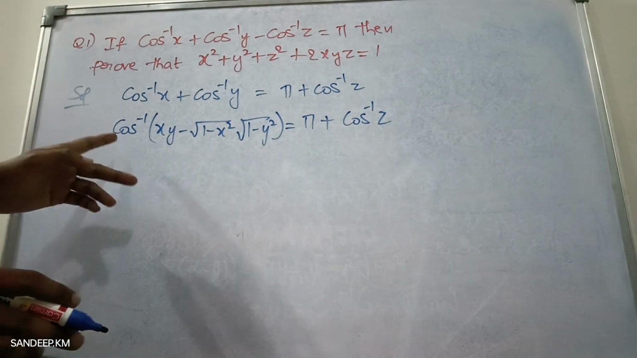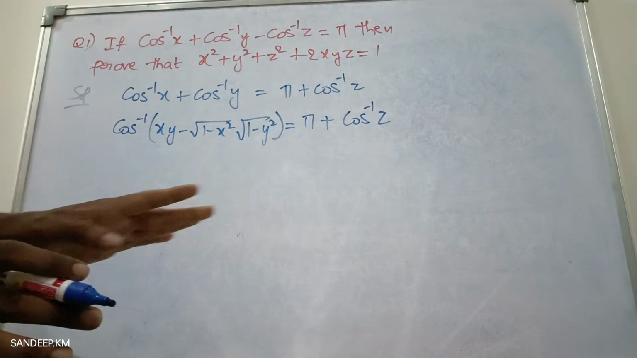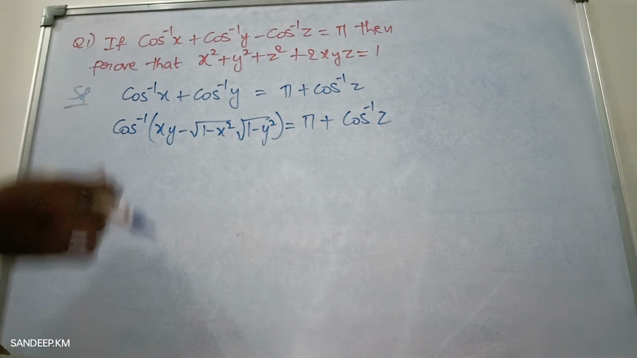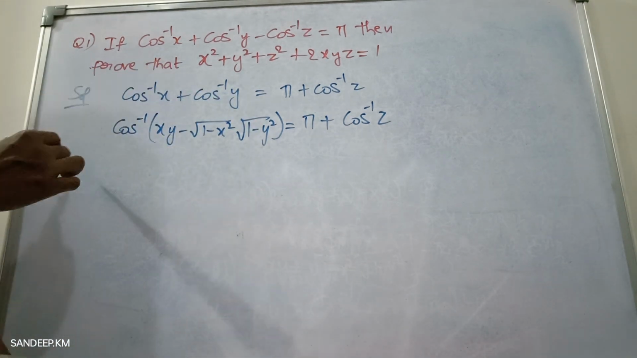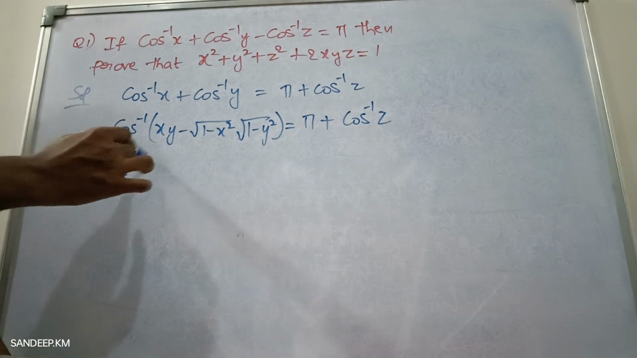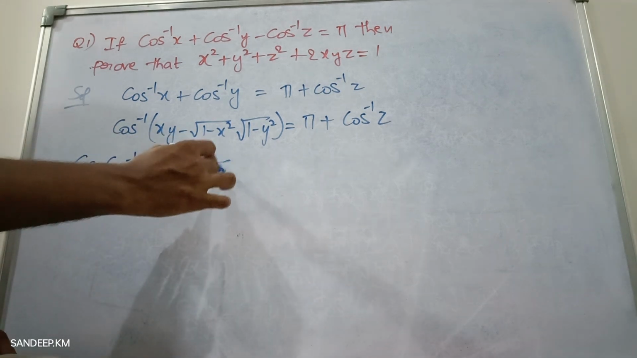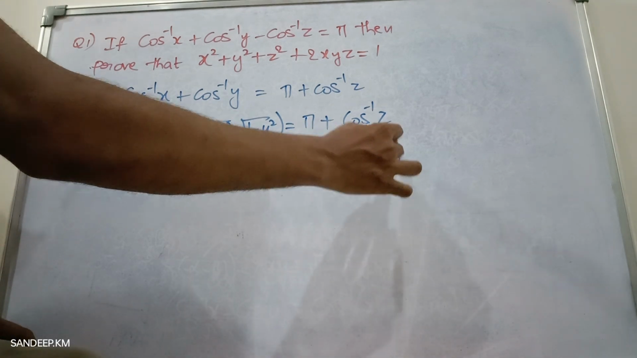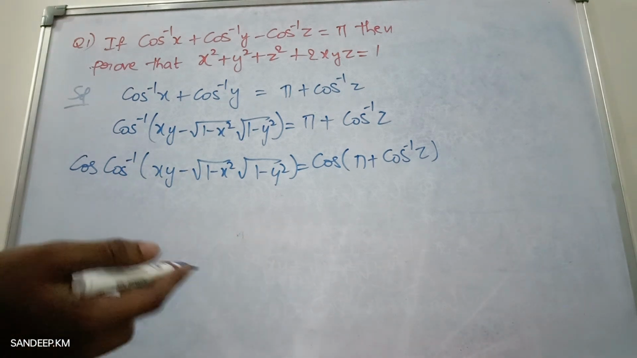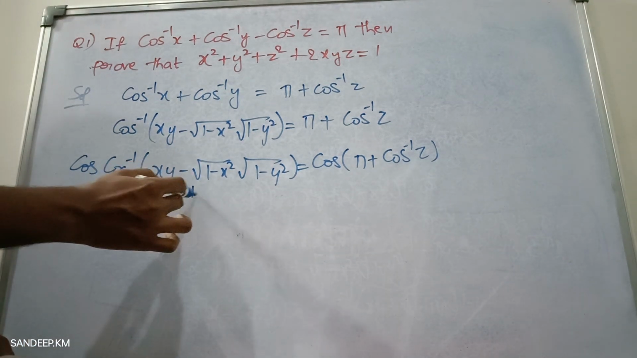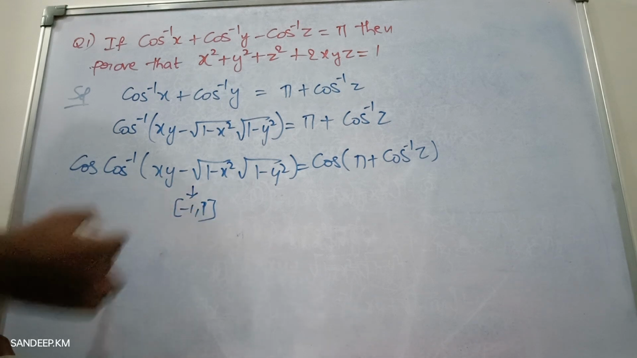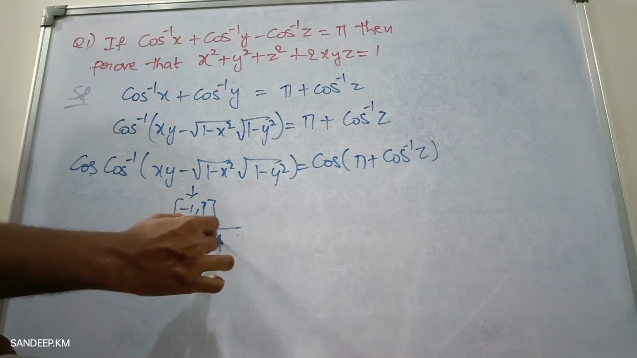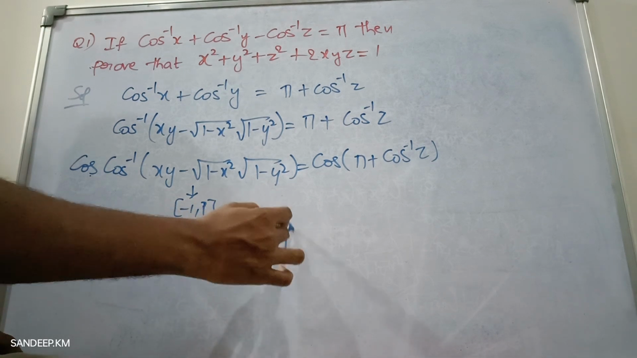And I can say that cos inverse will go to the right side. It will become cos when this particular value is between minus 1 and plus 1. Or else you can apply cos on both sides. When you apply cos on both sides, what will you get? Cos of cos inverse of xy minus root of 1 minus x square into root of 1 minus y square is equal to cos of pi plus cos inverse z. So I have applied cos on both sides. And assuming that this value is between minus 1 and plus 1, cos and cos inverse will get ignored, and what I'll get is xy minus root of 1 minus x square into root of 1 minus y square is equal to